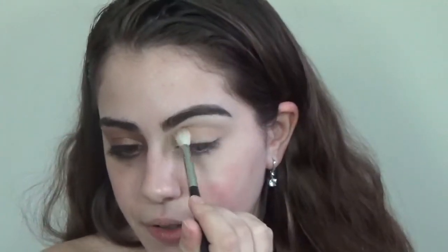So now I'm just gonna move on to this side and do what I would do now. And I'm gonna use the same Jaclyn Hill palette, and I'm probably gonna use the same color, but I'm gonna do it the way that I would now, which is to do transition colors, obviously. And I will list every single shadow that I'm using. I'm not really gonna talk through this because this isn't really a formal tutorial, but I remember just vividly